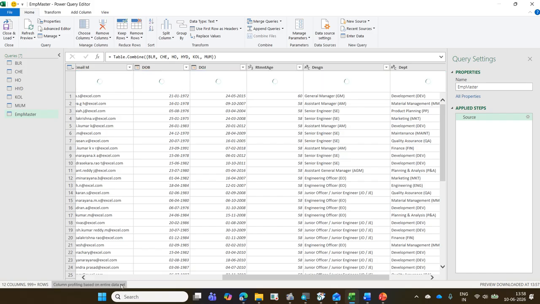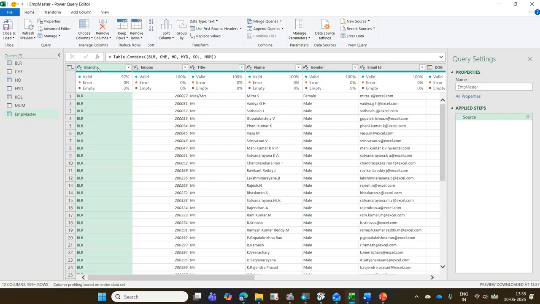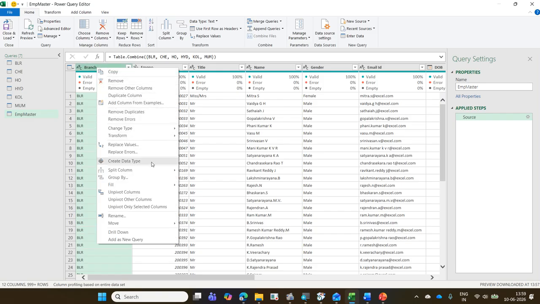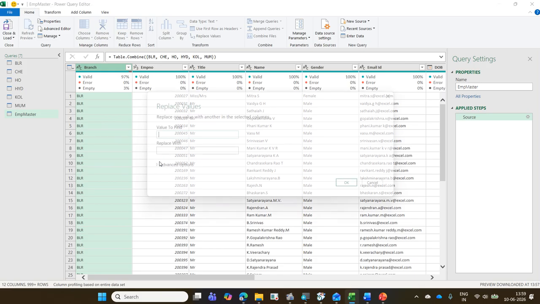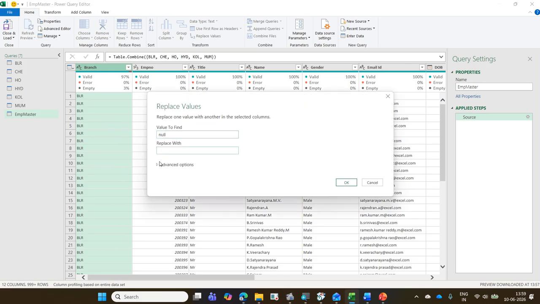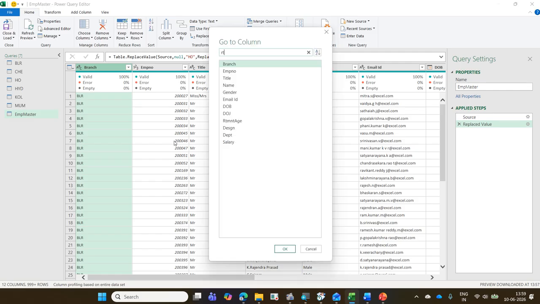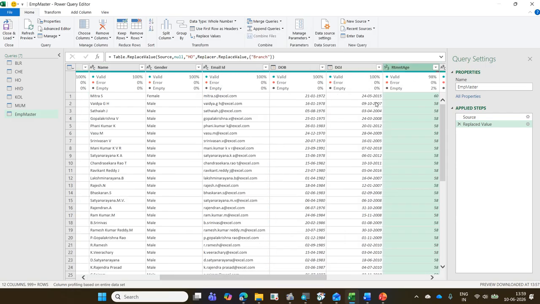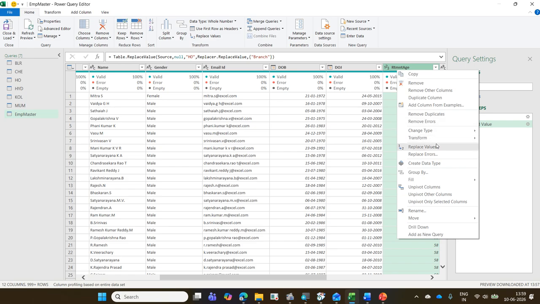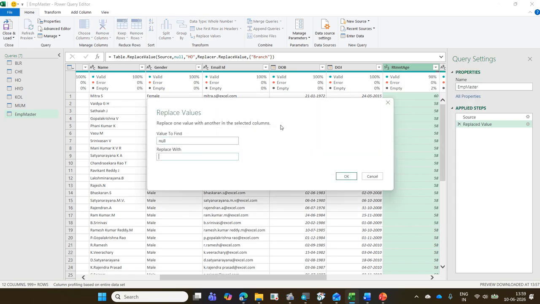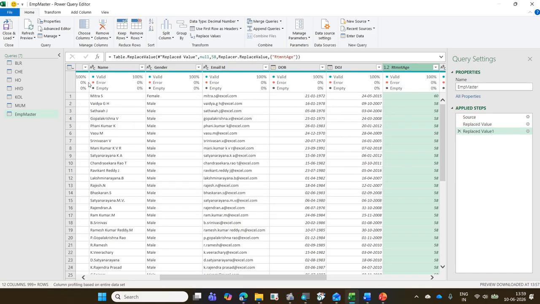Then branch name, right click, replace values, null. Null has to be replaced with HO. Okay. Then Control G, retirement age. Right click, replace values, null has to be replaced with 58. Okay. Home tab, close and load to